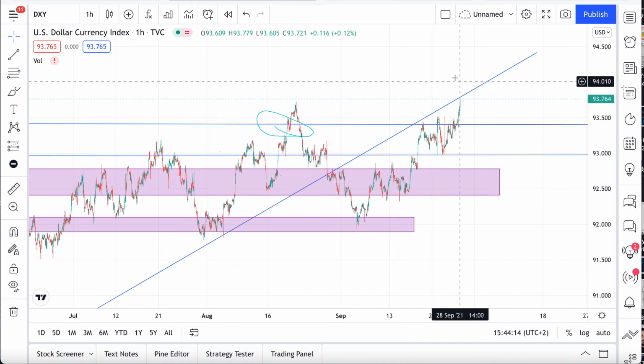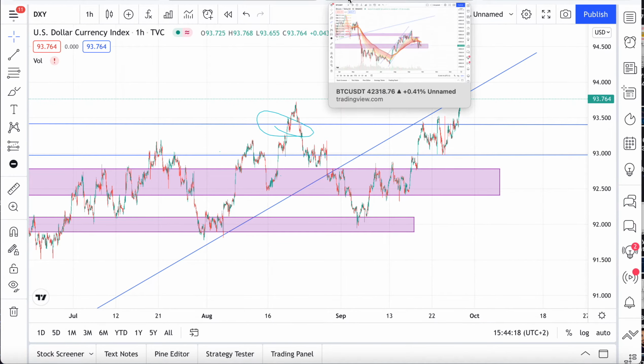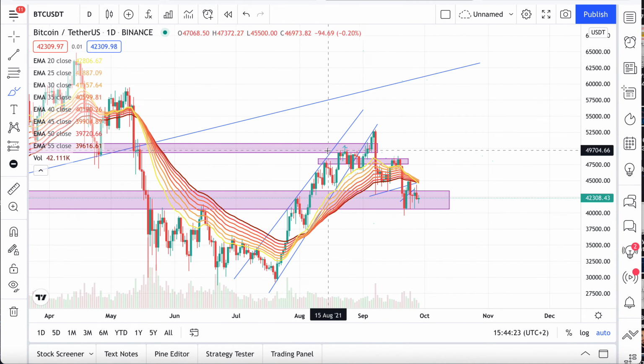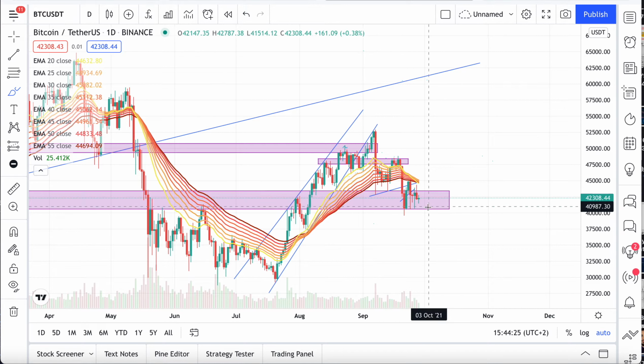And guys, be careful, be careful. I told you when Bitcoin was in here, I told you guys, we are exactly here. I told you we are in a danger zone. Don't hope for this support so much, and all this happened. So far my predictions are coming true. Now,